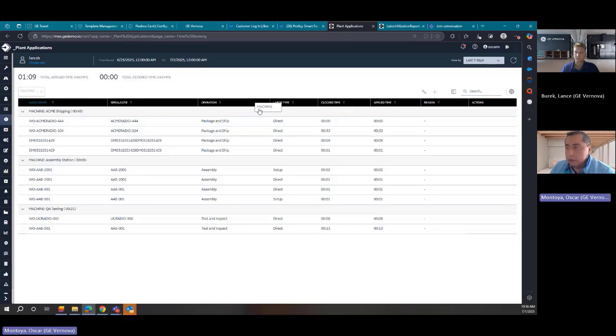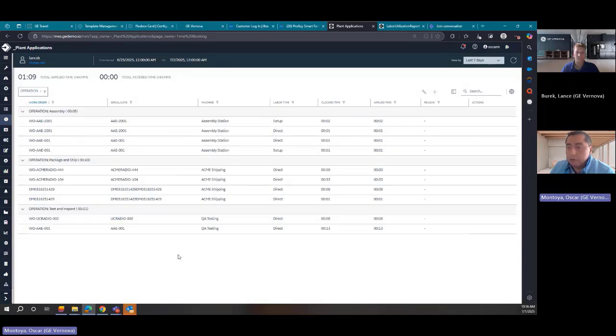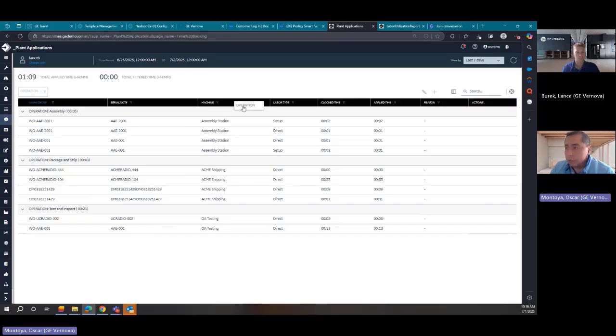And then you can do the same thing for type of operation. You will have a breakdown of your different operations and the time for each operation. Okay, so I'll go back here,